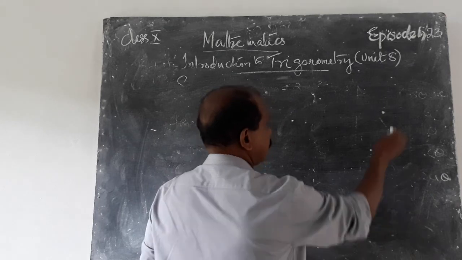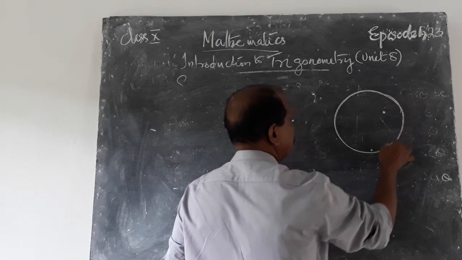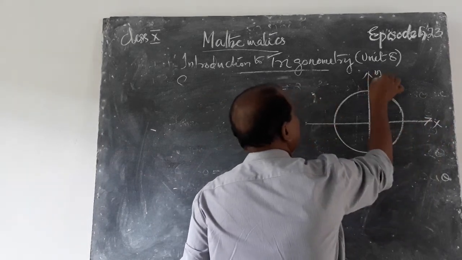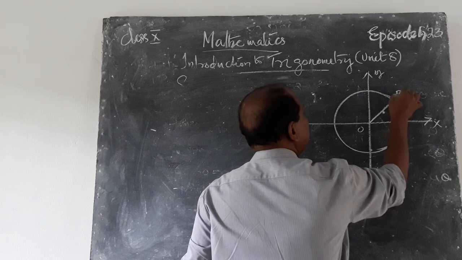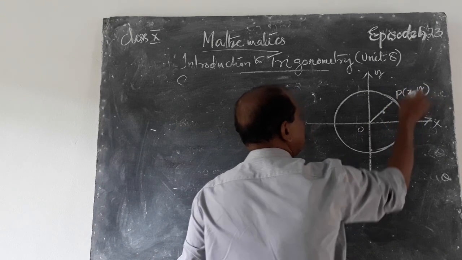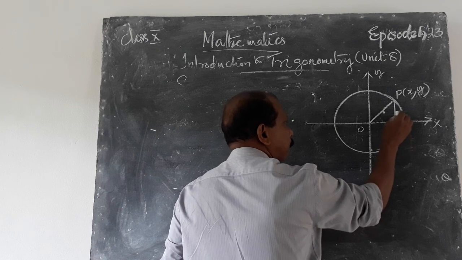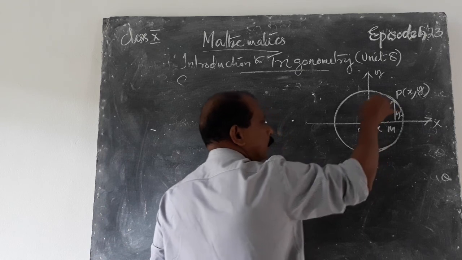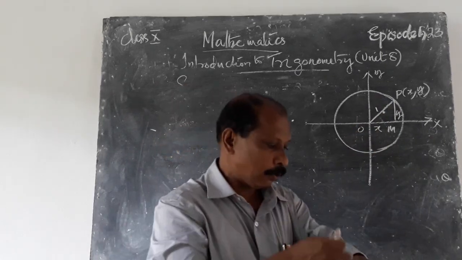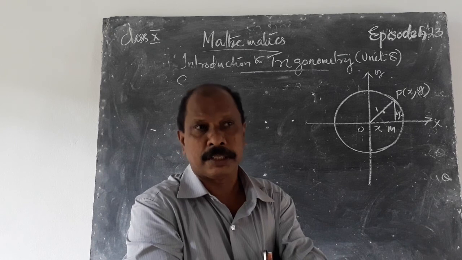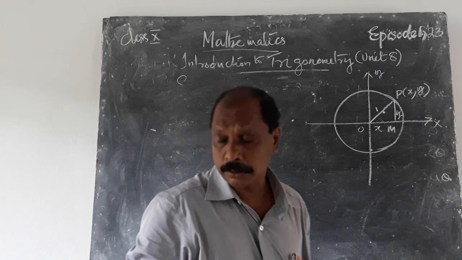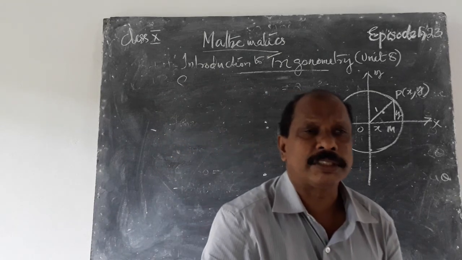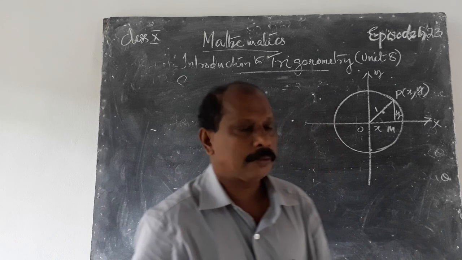Then again let us consider a circle. This is the y-axis, this is the x-axis, that is in coordinate geometry. Let OP be the point xy. Then draw PM. Then PM is y, OM is x. Let us assume that this one is OP, the radius segment, and it is equal to 1 unit. Therefore, it is known as a unity circle. We discussed that in the chapter circles. We know that a circle with center origin and radius 1 unit is known as a unity circle.